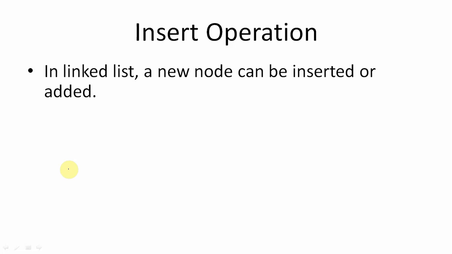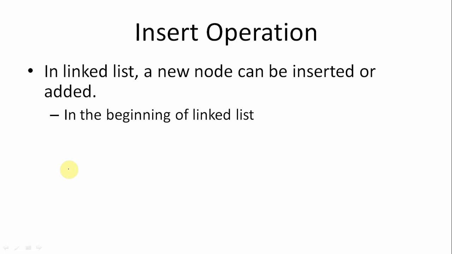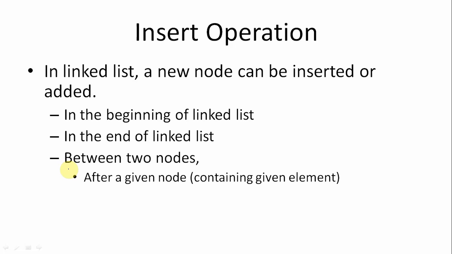Insert operation. In a linked list, a new node can be inserted or added in different positions: in the beginning of the linked list, in the end of the linked list, between two nodes, means after a given node. Each node in a linked list is known by its element. So we will insert a new node after a given element, or after a node containing the